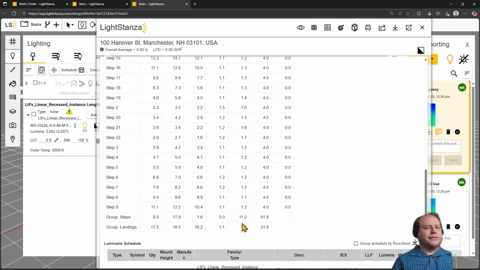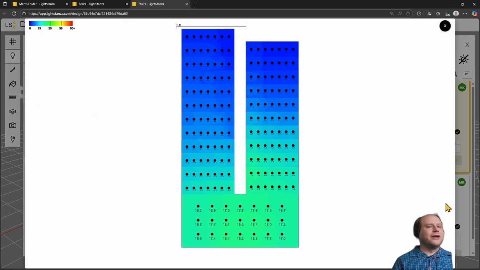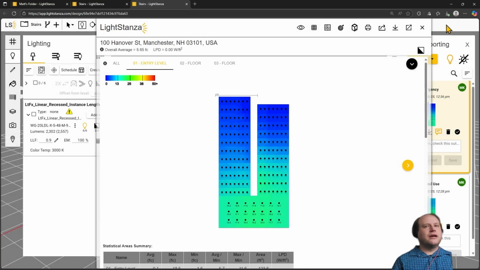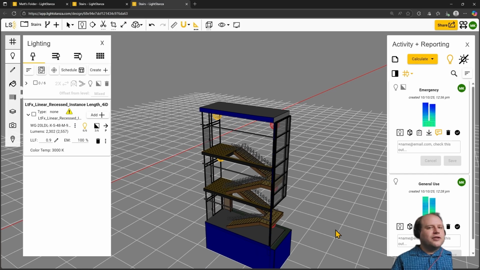However, the uniformity ratio is way off now. The average to min shot up to 11.2 just because we only lit 1/2 of the stairwell. So to get better uniformity, you may consider enabling additional fixtures in emergency mode. You could include these linears as well, or perhaps consider an alternating design just to get coverage on these landings, depending on the specific requirements of the project. I hope you found this helpful, and this is the most efficient way to do a stair light and light